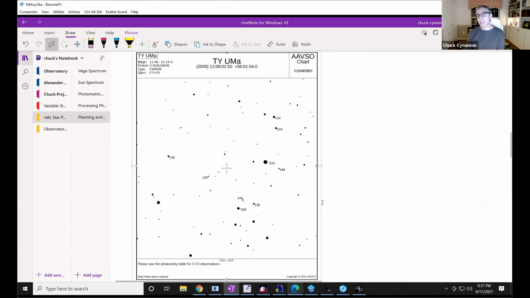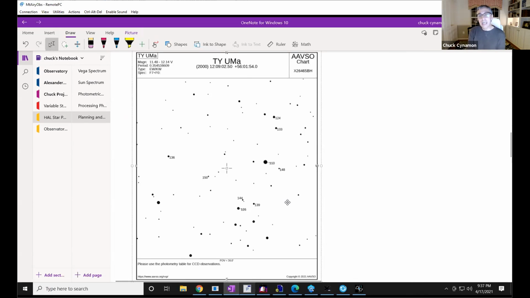AAVSO produces these star charts, and you can put in the star of interest, and this is really where the star is. This is a map based upon a field of view that I asked for, 30 arc minutes, because that's about the field of view of my system. And it's telling me other known non-varying stars around here that I can compare my measurement to.